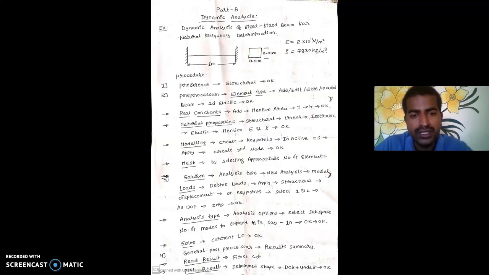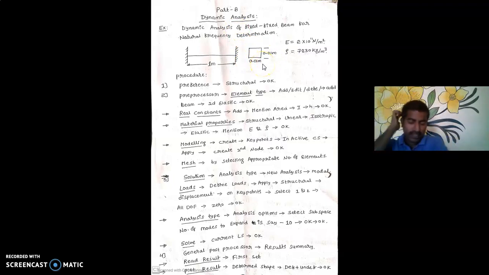And the moment of inertia, because in the real constants somewhere in the procedure you need to mention the value of I, that is the moment of inertia. Whenever the cross section is rectangular, the moment of inertia value will be BD cube by 12. Here B is 0.01, and D is the height, that is 0.01 again.